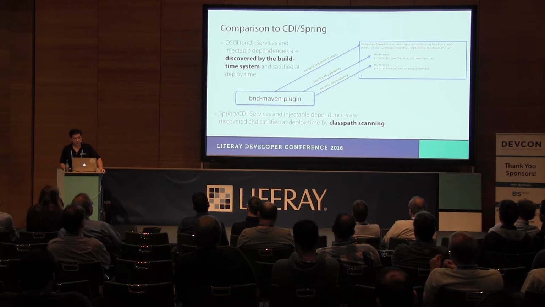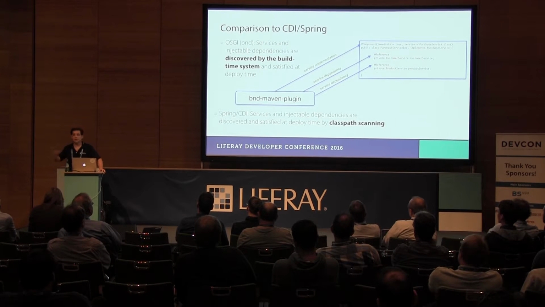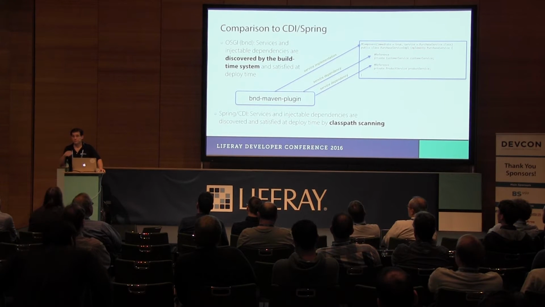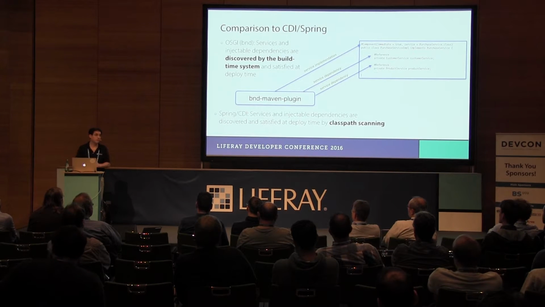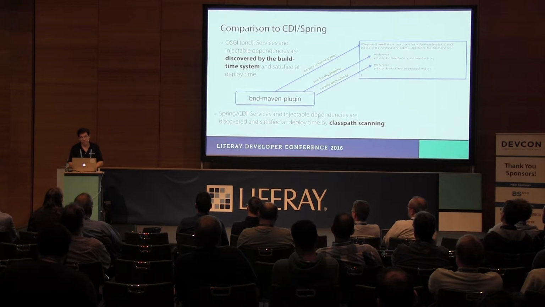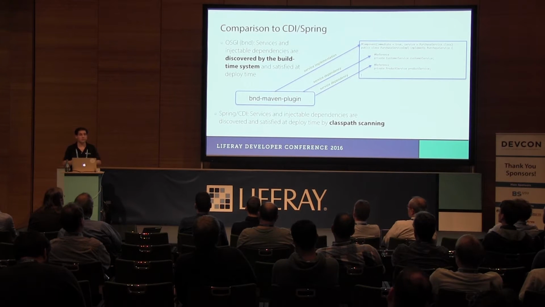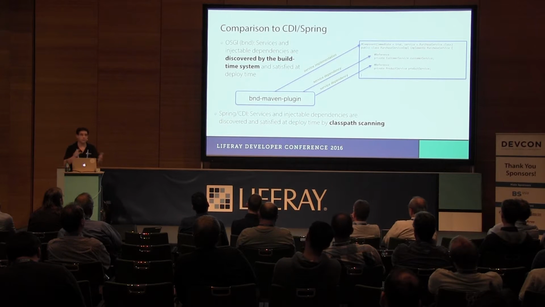This is very different because what Spring and CDI do is, during the context initialization event, they scan the class path, and that can be expensive. If you have megabytes of stuff in your WAR, maybe there's a delay. So there are many benefits to doing this at build time rather than at deploy time. That's the fundamental difference there,